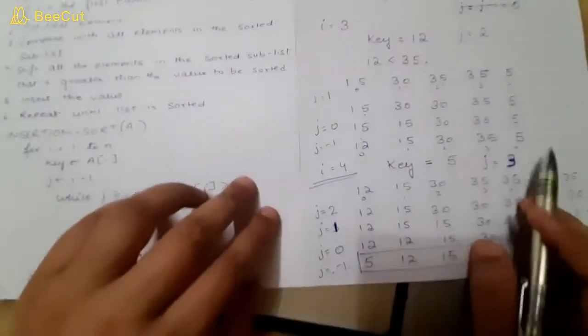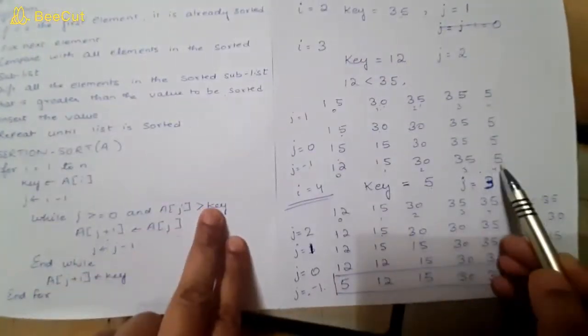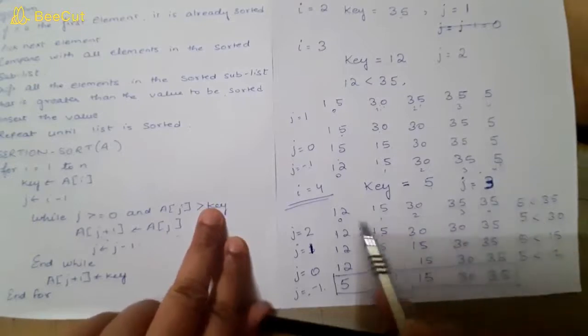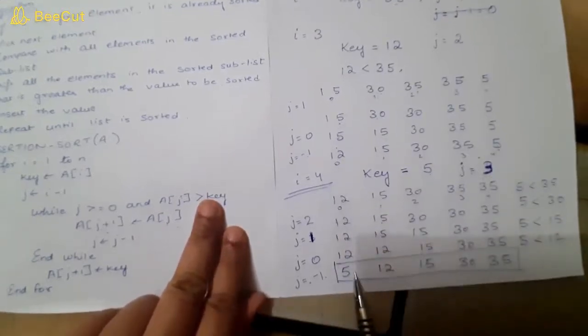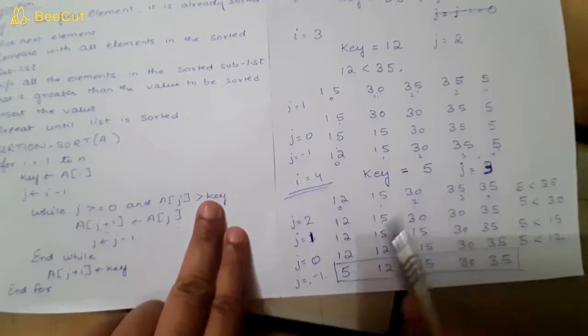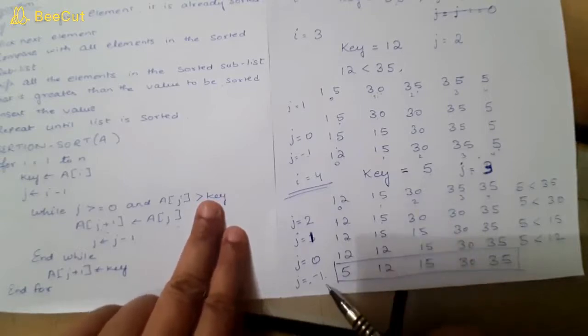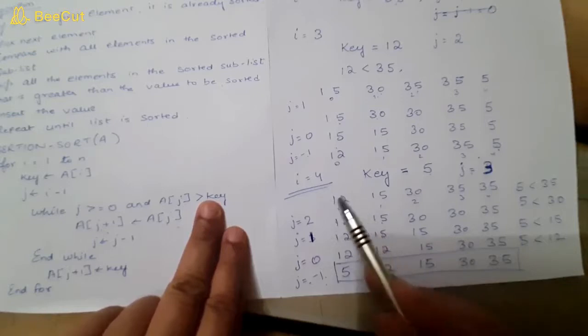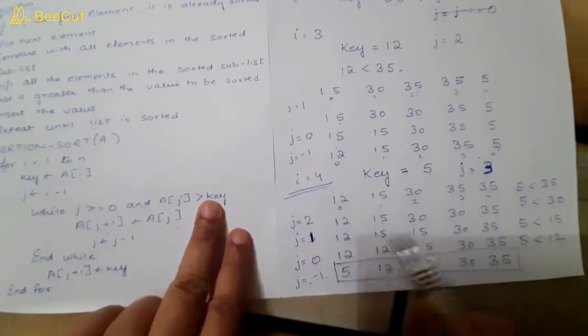In insertion sort, you need to remember that you need to place the element at its correct place. You can see it over here. We have taken the last element 5 and we have placed it at the first location. So you have to take one element in each iteration, and you have to place it at its correct position. This is one iteration only. For i equals to 4, we have done all this. So in each iteration, you have to take one element and place it at its correct place. That is the basic of this insertion sort.